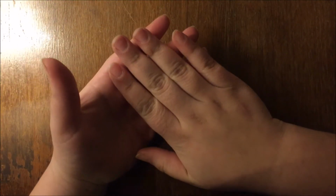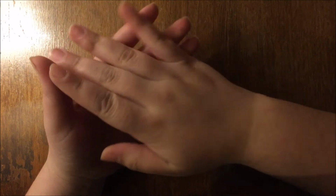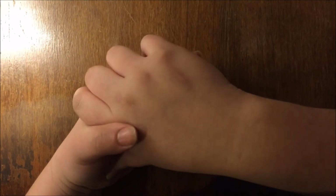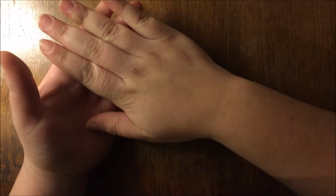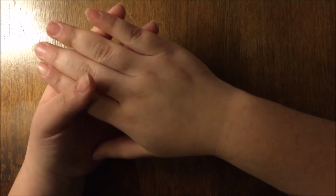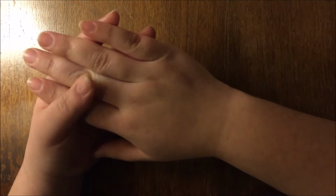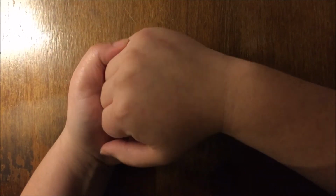Let's start on my right hand. My right hand is my dominant hand, and the most noticeable thing, like you might have noticed in my traditional videos, is that I have this burn scar on the back of my hand, and I actually got that when I was in high school. I was at my job. I was a birthday party hostess at an indoor trampoline park, and I was in the kitchen making pizzas for